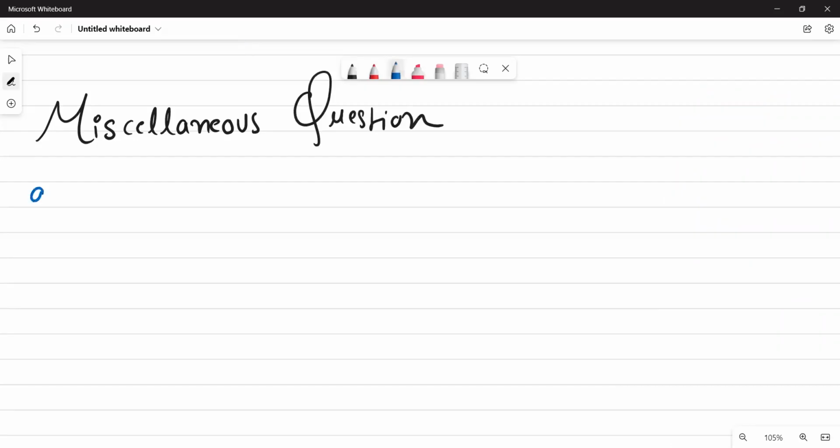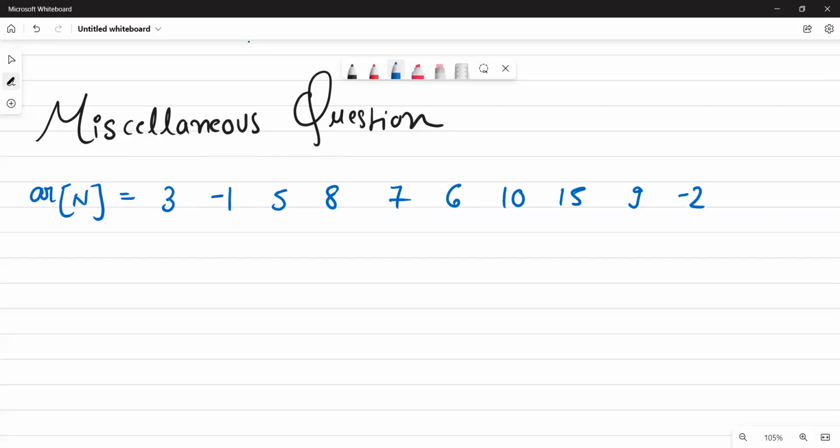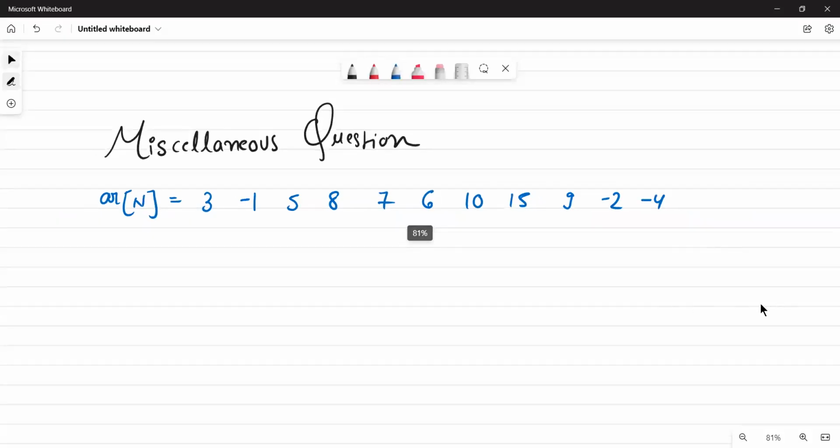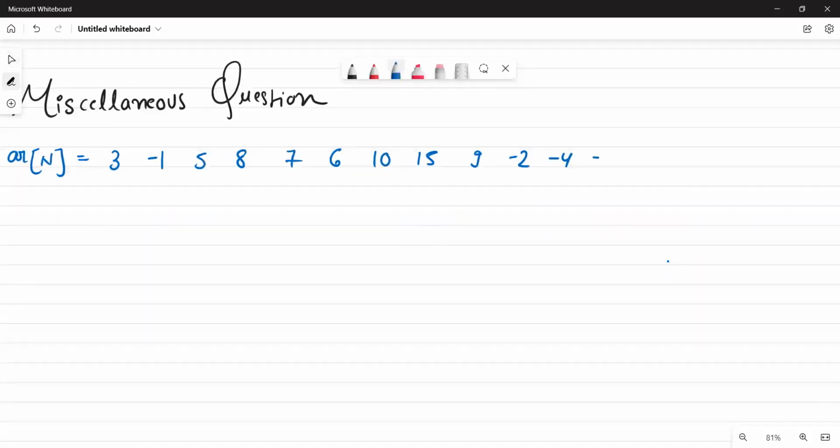You will be given an array of n numbers: 3, minus 1, 5, 8, 7, 6, 10, 15, 9, minus 2, minus 4, then minus 3, 17, 16, and 18. So the task in this question is you need to find out the length of the longest subarray